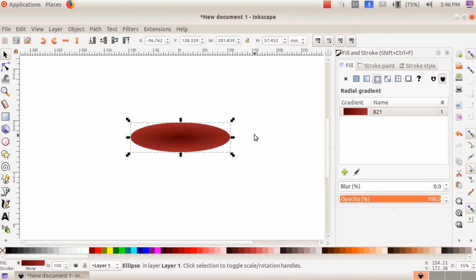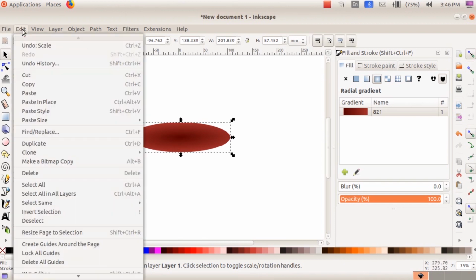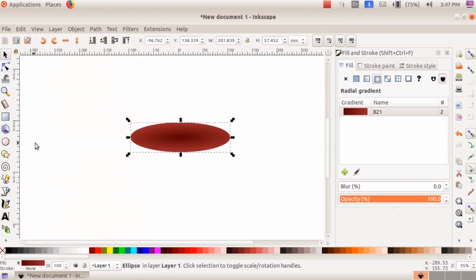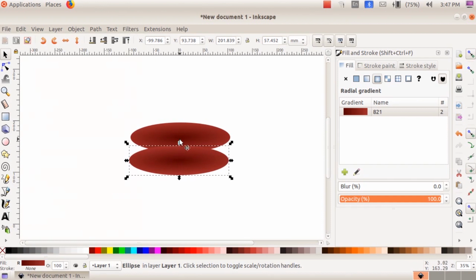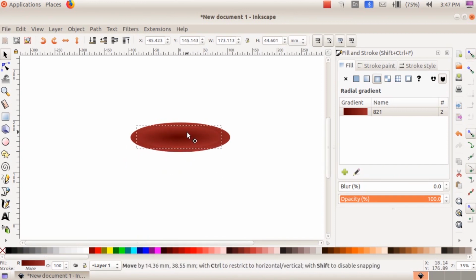Okay, now we want to take another circle. For this purpose, we can take a duplicate of this image. For that, click on the Edit menu, click on Duplicate. A duplicate circle is here now. Make it small, then keep it in the middle of the first circle.